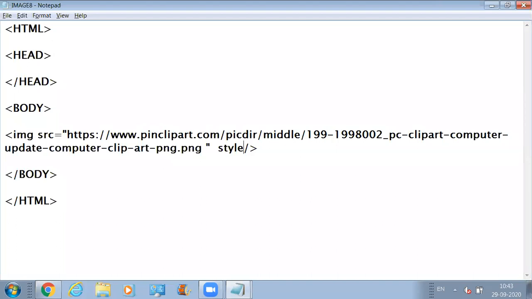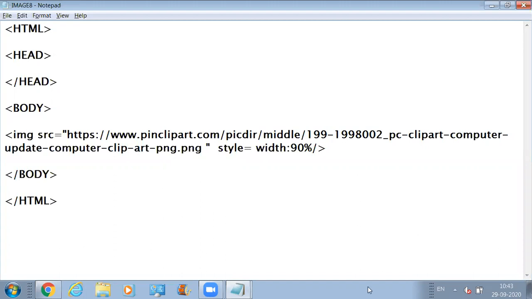Now, how are you going to play with the width and height of the image? Place an equal to sign, and after that write style equal to width. Width is the property with which we want to play. Place a colon, and then you can give some percentage to this. You can assign a value to the width of the image like this. Fine. This is a method of assigning a value to the width of the image that you have got inside this image tag. Now let's save the changes.